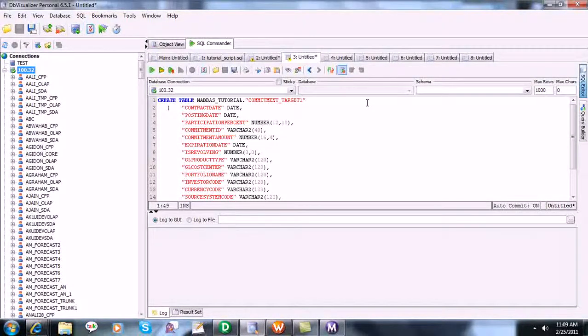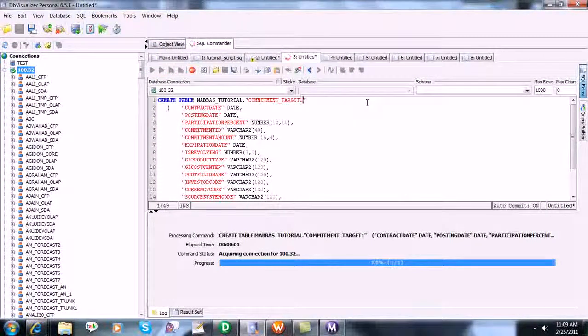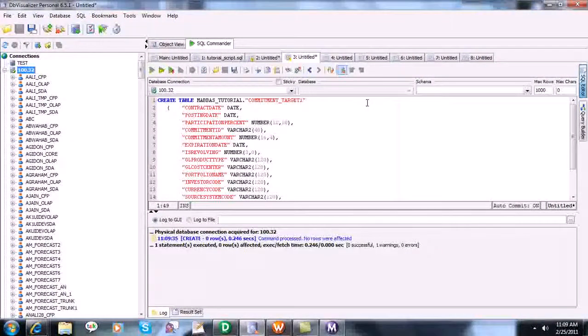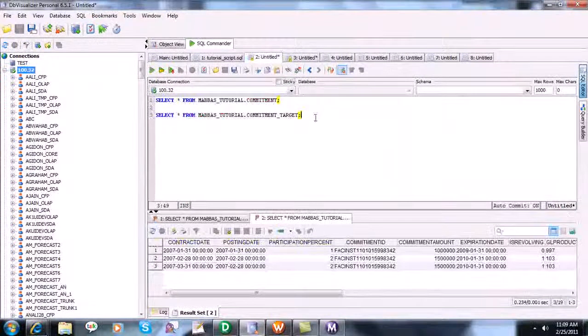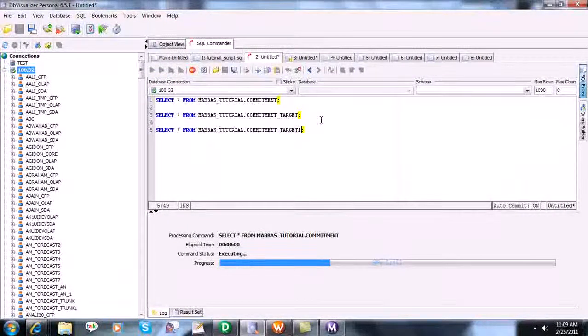So this is our new table, commitment underscore target 1. Okay, so this is created. Now we have both. This one would be empty.